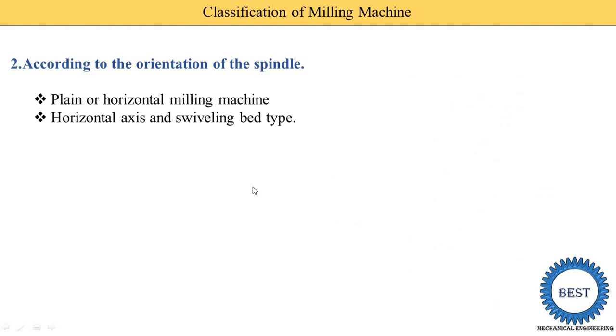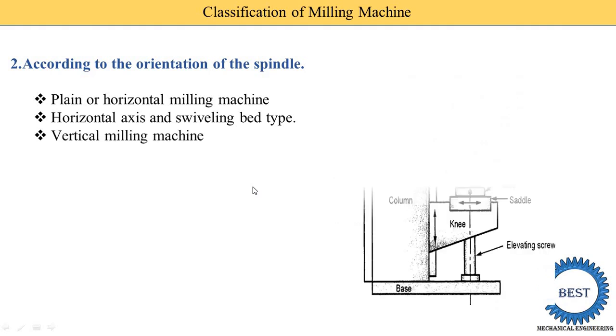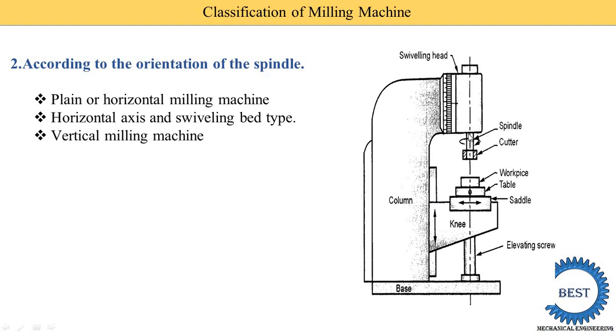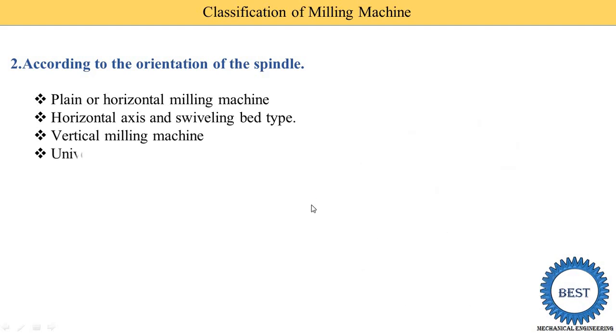Next is the vertical milling machine. Vertical means the spindle is in the vertical direction. In the earlier case the arbor or spindle is horizontal, but here it is vertical. The work uses end mill type and face milling type cutters, meaning we can install end milling cutters or face milling cutters. The table may or may not be swiveling; it may be an inclinable table or a non-inclinable one, depending on the requirement of the machine.